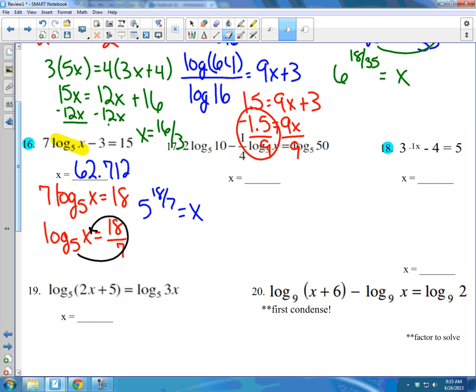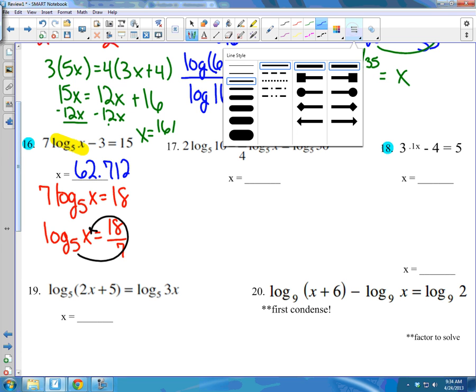All right, let me do a little erasing for 17. So on 17, there is no log, and I probably should have made a note on it like I did on 20, but we have to get it so it's 1 log on one side of the equal sign, 1 log on the other side of the equal sign. So I am going to have to condense the left side from 2 logs down to 1. And I'm actually going to do a little more erasing. So when I do that, the first thing I'm going to do